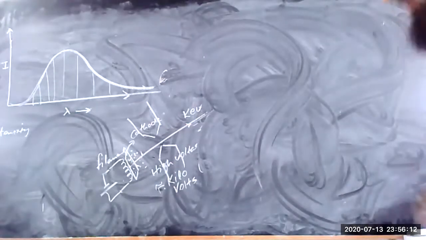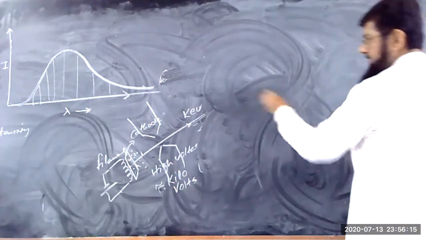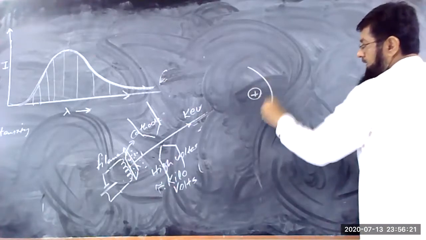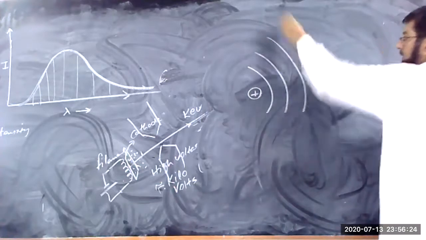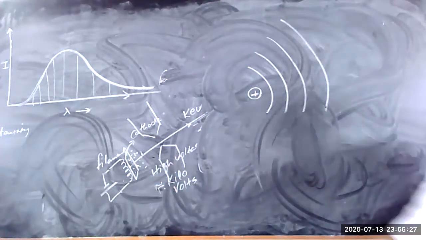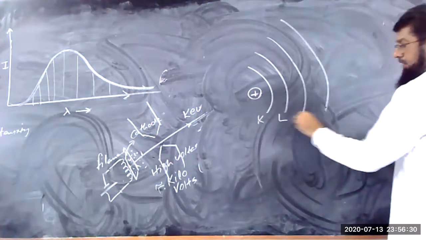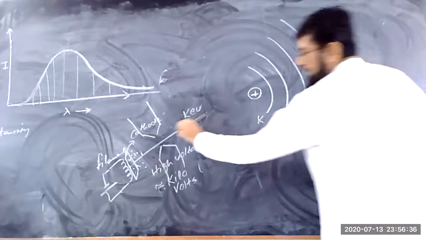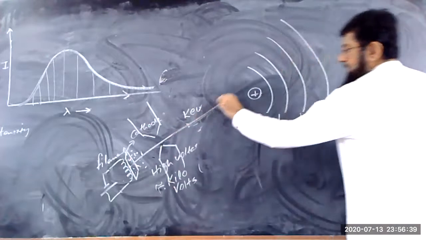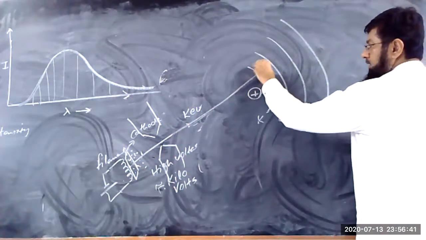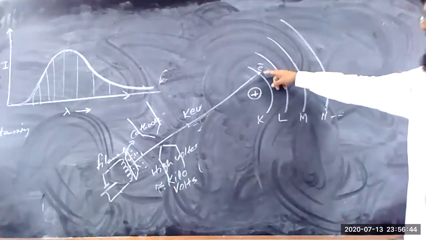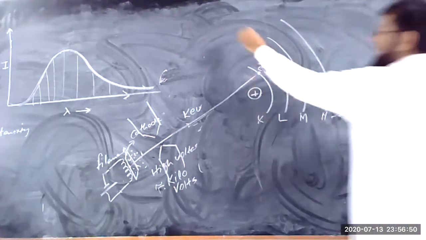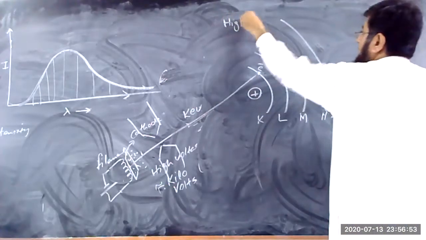Now in the same way, you know that in quantum physics, this is the nucleus, and these are the different orbitals or different shells. We say that this is the K shell, L shell, M shell, N shell, and so on. So here, if this accelerated electron is hitting the electron in the K shell, the K shell electron is over there. This atom is a heavy atom, the high Z atom. Heavy atom means high Z value atom.